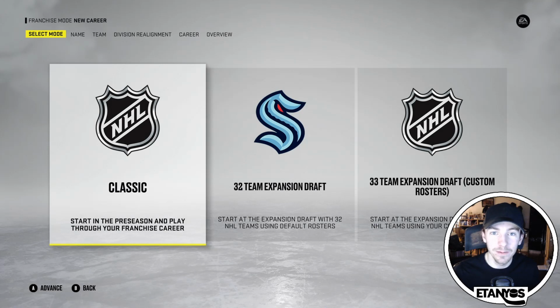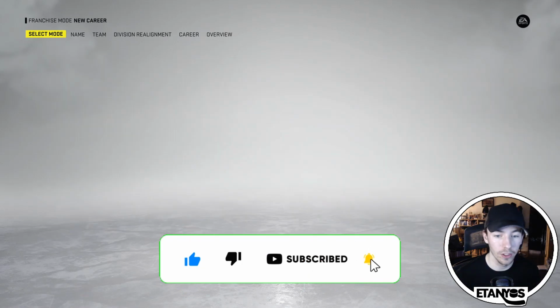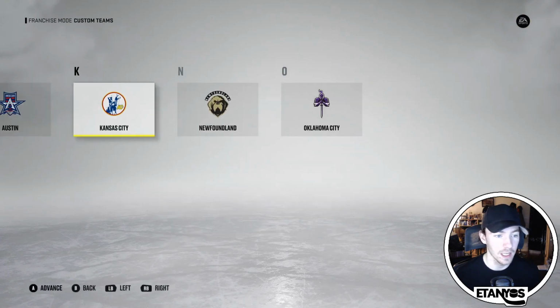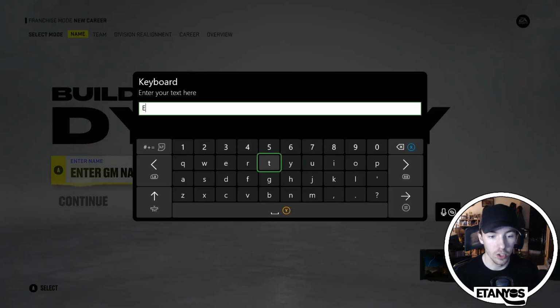It's Tanev here. Welcome to this first episode of this NHL 22 Draft to Glory series here on my channel. If you guys are new to Draft to Glory, we'll go over the rules in a second, but as you can see, we're going to be using the Newfoundland Growlers as the 33rd expansion team. We're going to be using custom rosters, and of course, I have the Growlers kind of set up already. I'll go over them in a minute and show you the jerseys and what we're working with here, but we